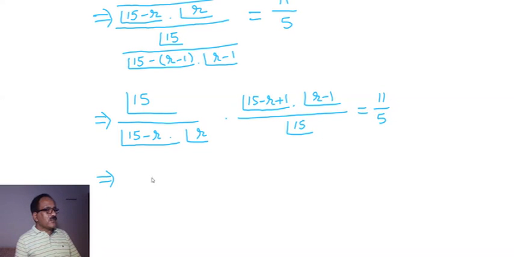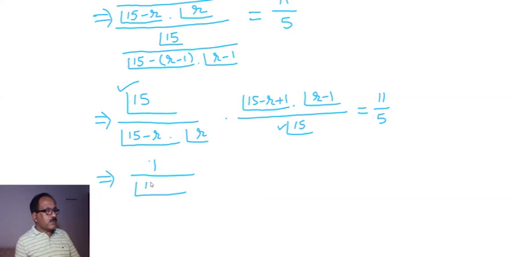See, next step, factorial 15 is in numerator part and factorial 15 is also in denominator part. So they will be divided. Then you will have 1 upon